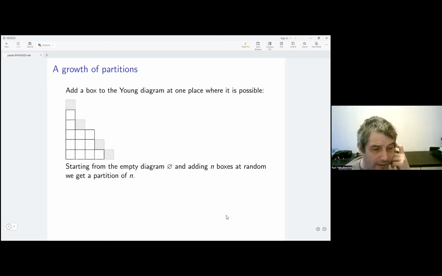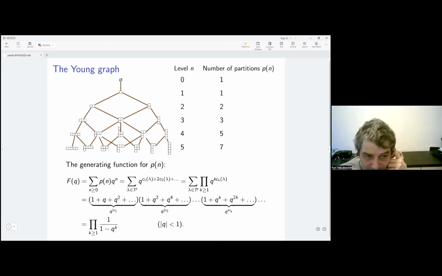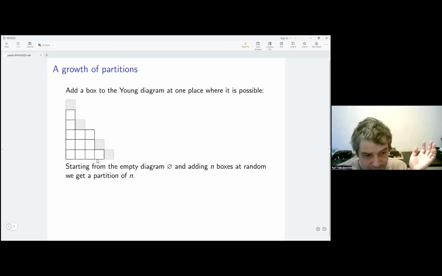So when we had this Young graph, then an edge means that we can just add some box, and if we have a partition, we have many possibilities for adding a box. And if we start from an empty diagram which has no boxes at all, and then we add some boxes according to certain rule, and if we add n boxes, then we come up with a partition of n,